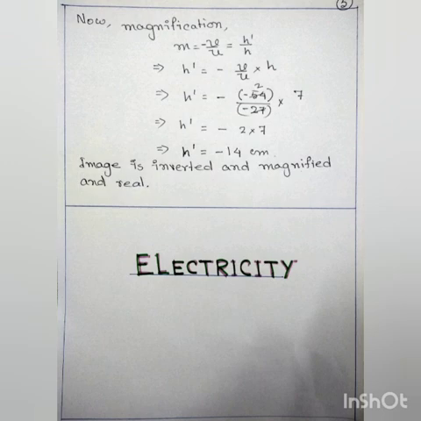How? Actually, what happens when a glass rod is rubbed with a silk cloth? The loosely bound electrons from the glass rod move away from the atoms and move to the silk cloth. Thus, losing electrons, the glass rod becomes positively charged. On the other hand, free electrons are transferred to the silk cloth and it becomes negatively charged. So this is the way how electrification happens.